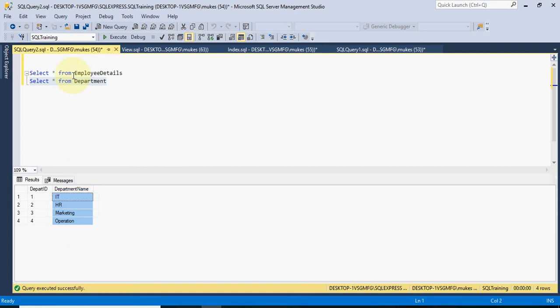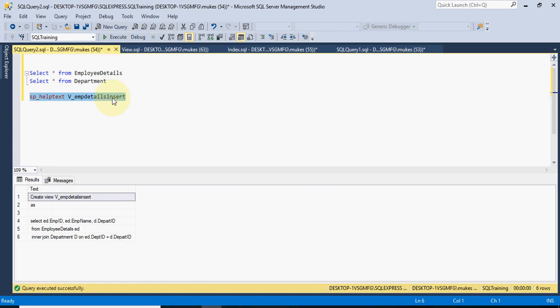So how can we check what code is written? You can see, if you share the view with anyone, they can see what table is used and what columns are used. They can directly look up this table. They can see the data, right?